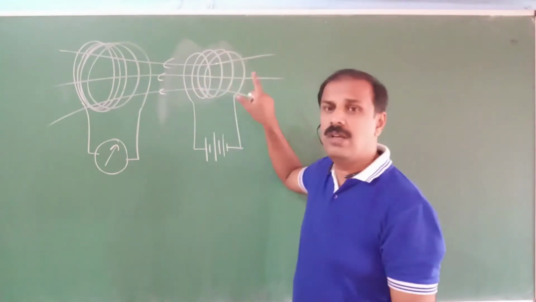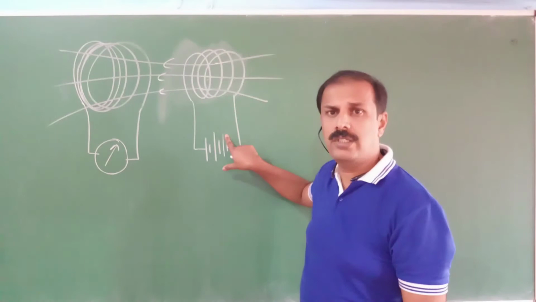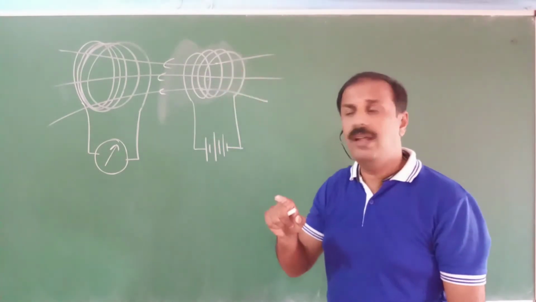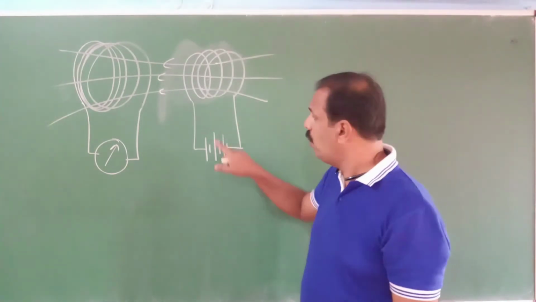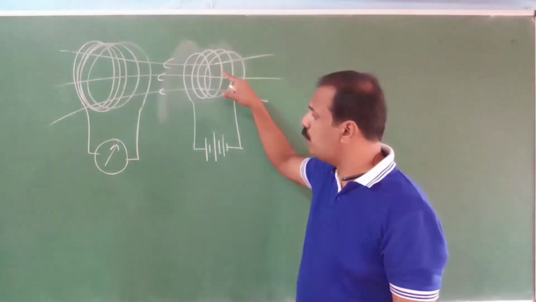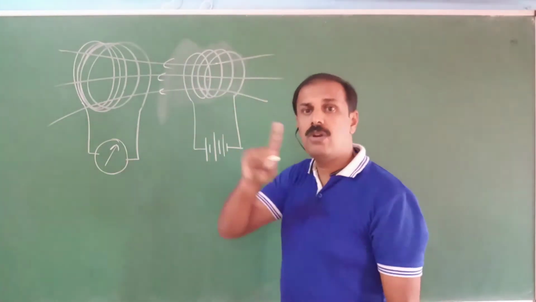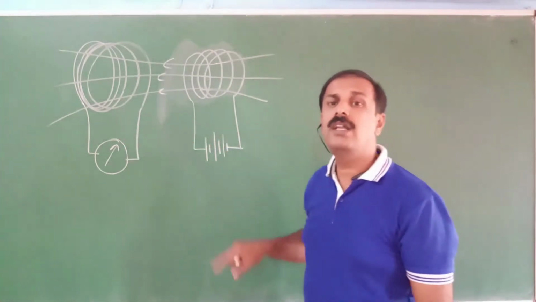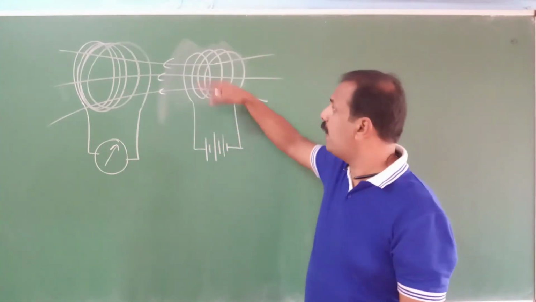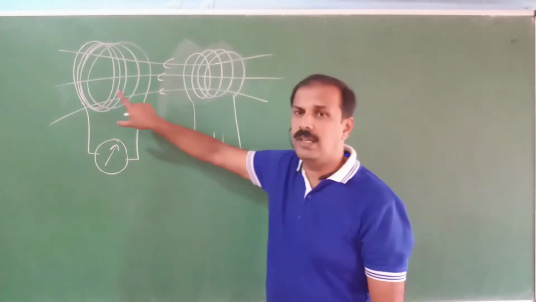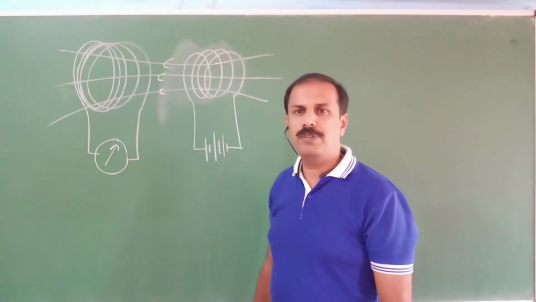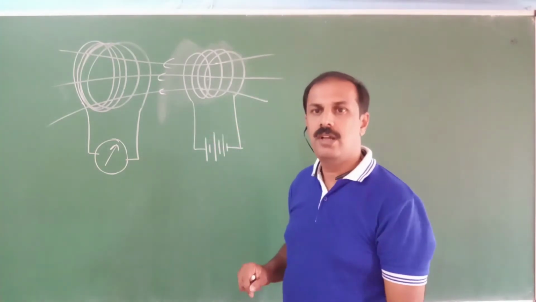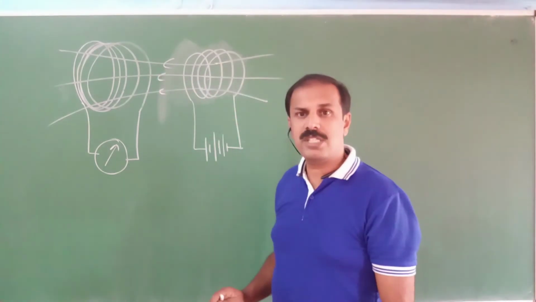So this coil is working like a solenoid. Already we know that a solenoid has a magnetic property similar to the bar magnet. So in this case, when a current is passing through this one, it will show a deflection here. Here also, very important, if you keep it stationary, it will not make any deflection. That is, if a current is passing through this one, it will make a magnetic field, and this coil is kept in the magnetic field, but it will not show a deflection if this coil is kept stationary.